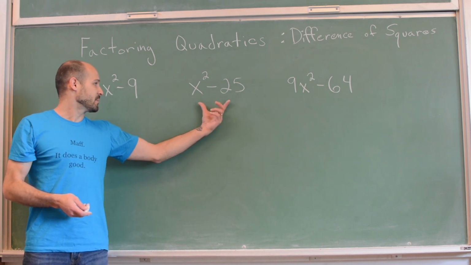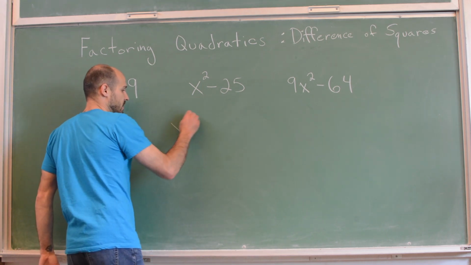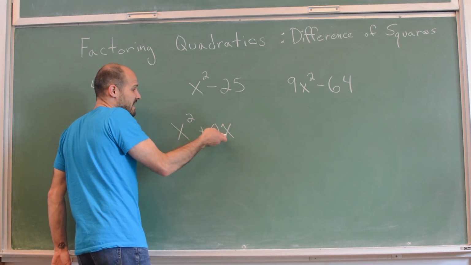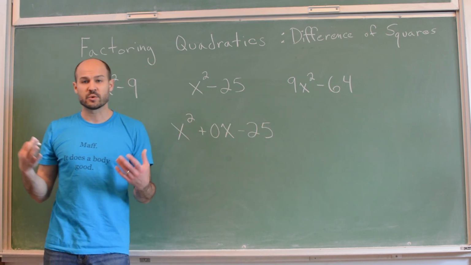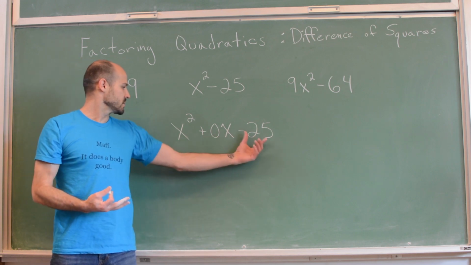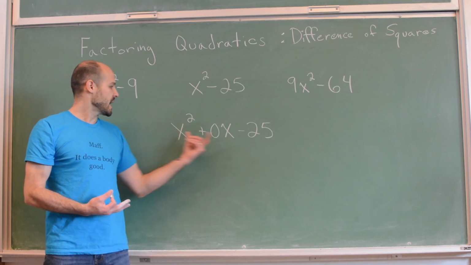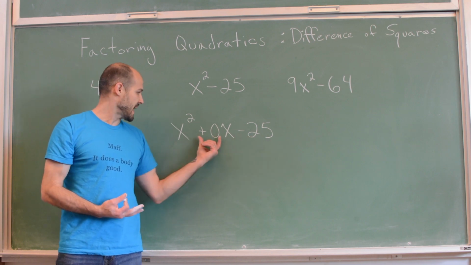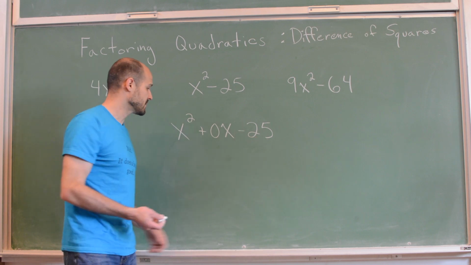So if we were to look at this example, and imagine we were trying to factor this trinomial, 0x doesn't exist, but we can say we have 0x. We could apply the knowledge we already have for factoring quadratic trinomials. We have a quadratic trinomial. The first term's coefficient is 1. And so all we need to do is find the values that multiply up to this number that add up to this number. And it's going to work out the same way every time, which is that this is a perfect square. So we have 5 times 5